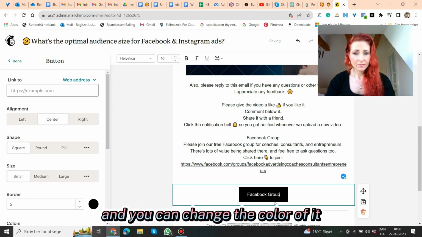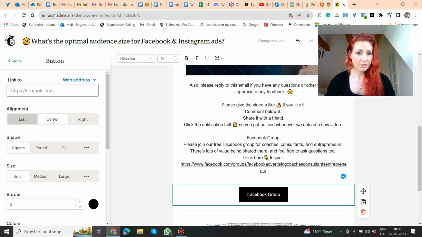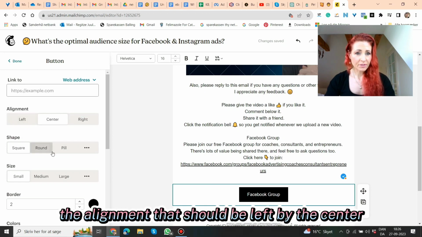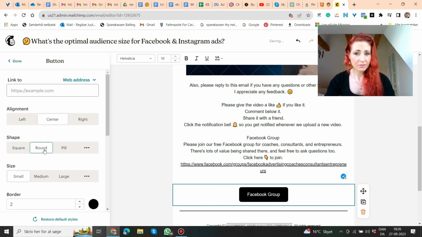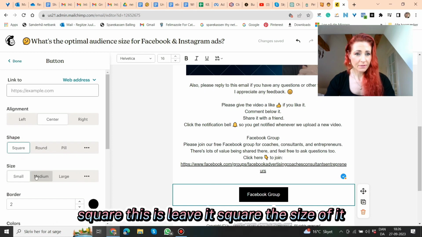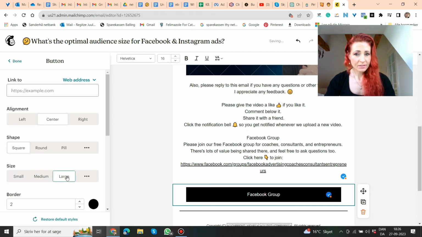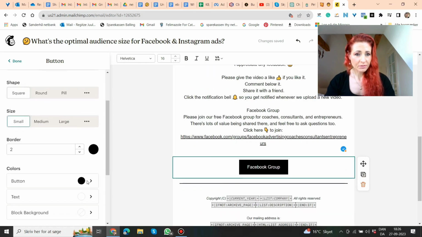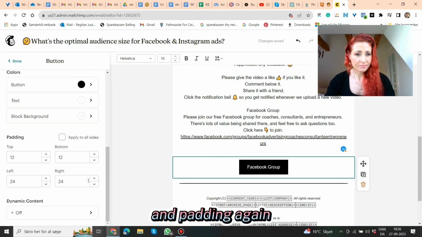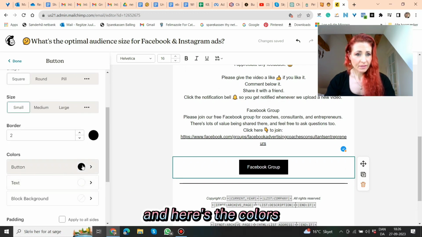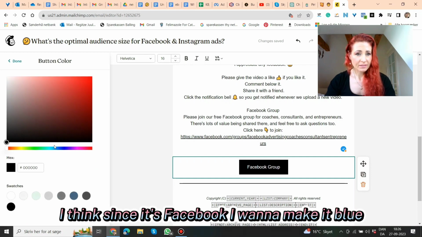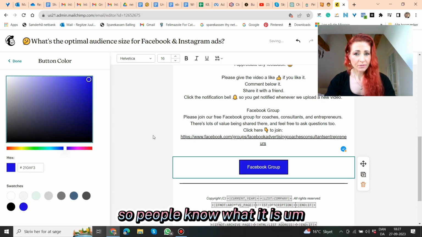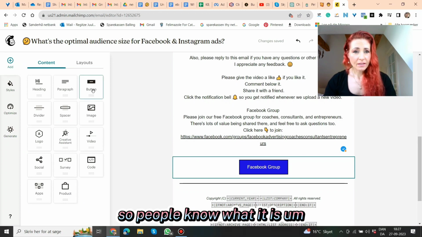And you can change the color of it, the alignment, if it should be left, right, or center, the shape also, round, you can make it round or completely round, square, let's just leave it square, the size of it, just leave it small, the borders, padding again, and here's the colors. I think since it's Facebook, I want to make it blue, so people know what it is. And